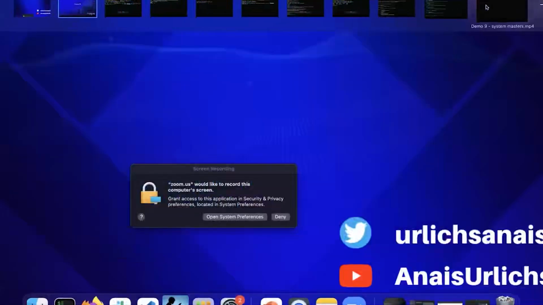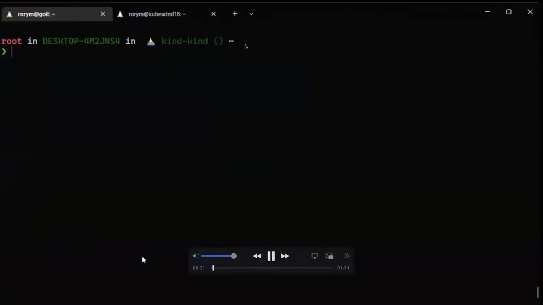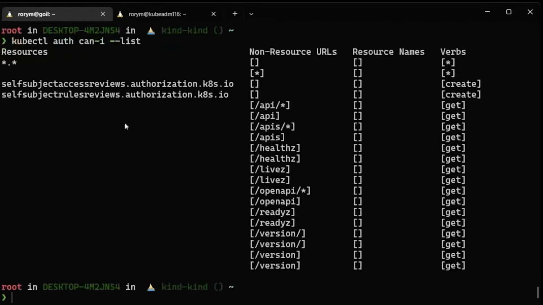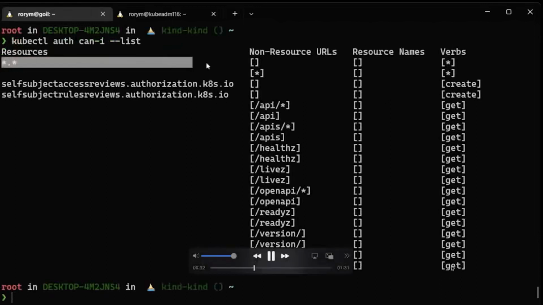Here's the last demo. If you remember from the previous demonstration, the user we are currently connected to this cluster as uses the group system:masters, which, as we just explained, is a hard-coded group which gets administrator rights to the cluster. We can demonstrate exactly how it doesn't actually use the RBAC system with a couple of simple Kubernetes commands. We're going to run the command kubectl auth can-i --list, which lists the permissions that a user's got. And you can see here at the top, we have *.*, so we've got everything. That is via the RBAC system.